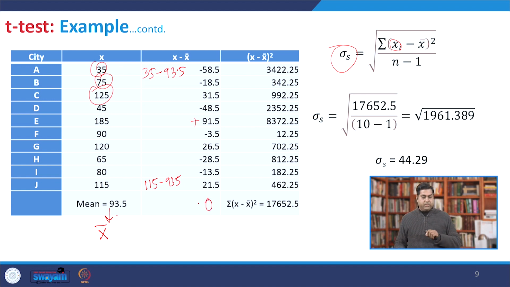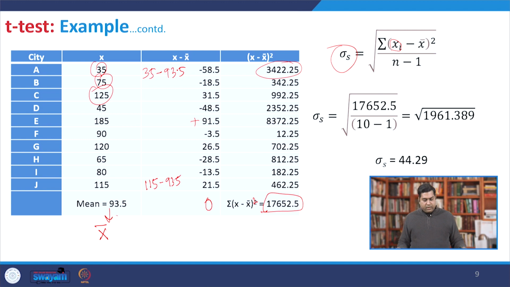But here we are going to take basically the sum of squared differences. Whether the value is negative or positive does not matter. When you square it, you will always get a positive value, and then you take the summation. In this particular summation you get this value as